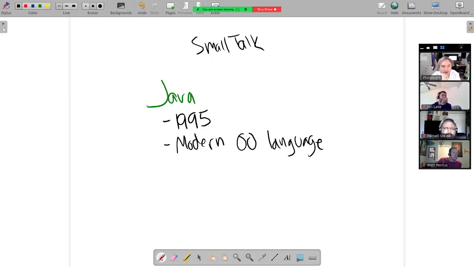And a part of the modern part of this was write once, run anywhere, or WORA. Actually, let me roll back. When you write something like C++, you have to target specific machines that can execute those.